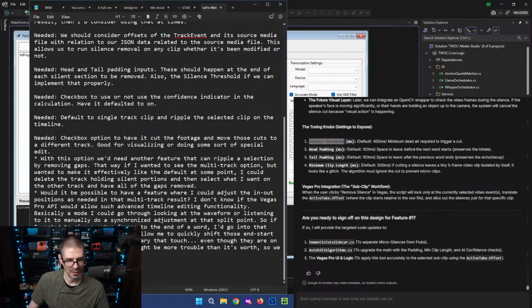I'd go into that selected track mode that would allow me to quickly shift those end start points of the clip on the boundary that touch, even though they're on multiple tracks.